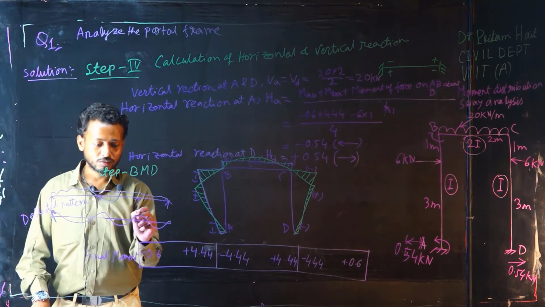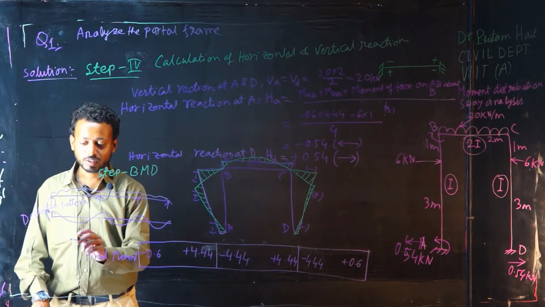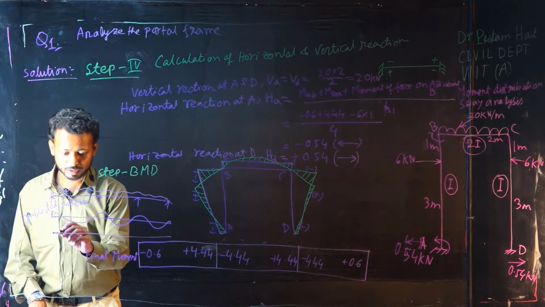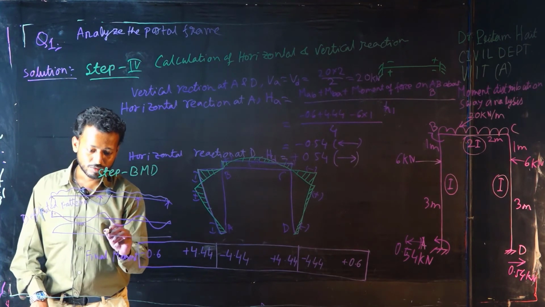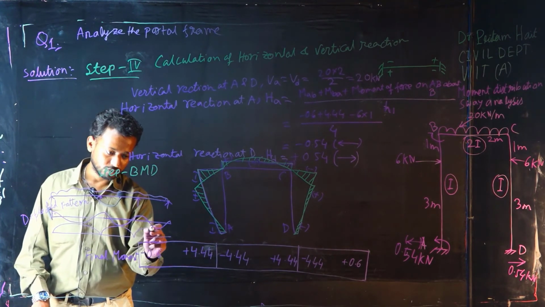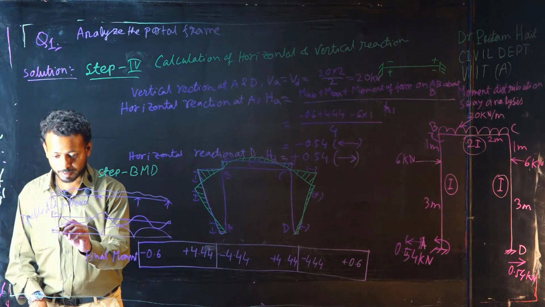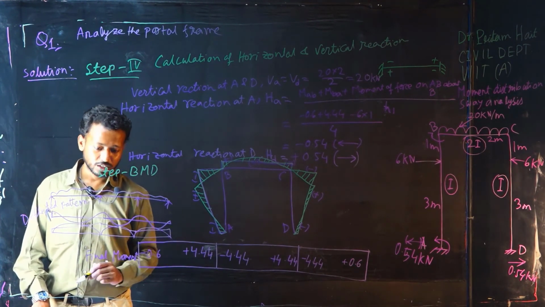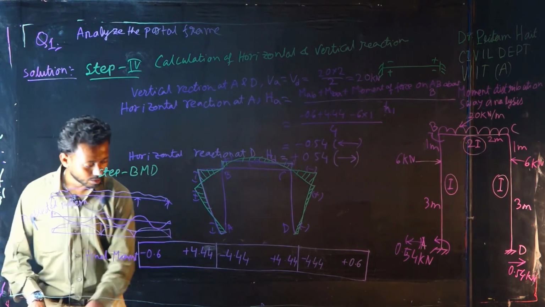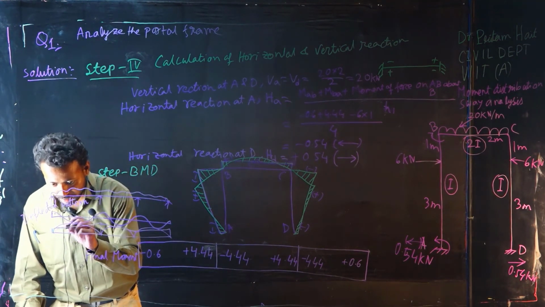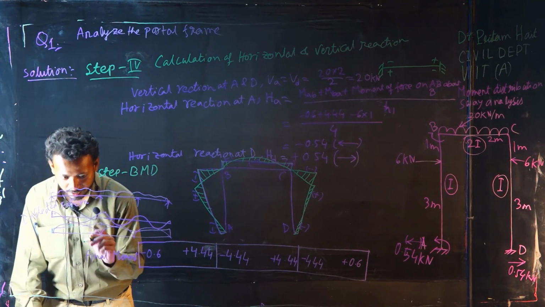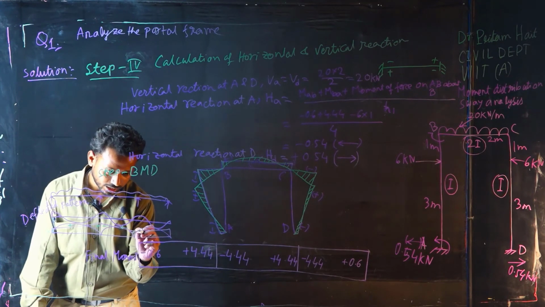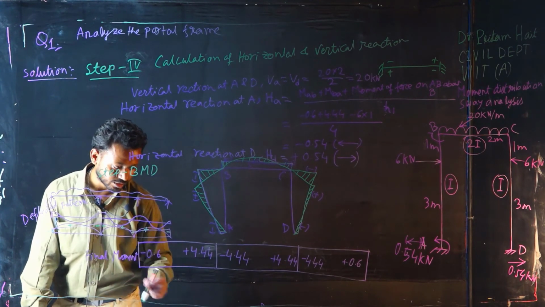This is the deflected pattern of the beam or elastic curve of the beam, and the bending moment diagram will be, for UDL, free end moment, and fixed end moment. Depending upon the value, it will be like this. Okay, so here negative bending moment will occur, here positive bending moment, here negative bending moment, here negative, negative, this is positive, this is negative, this is negative, this is positive, this is negative.